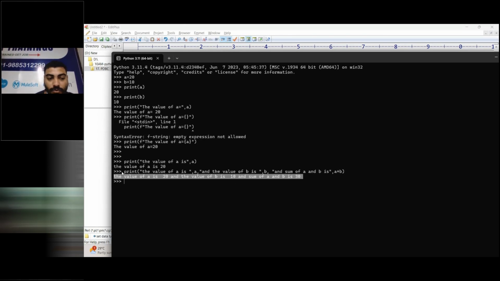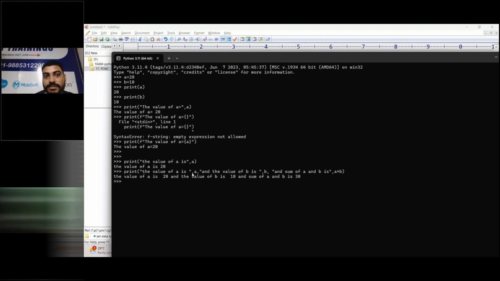This much code we have to write to get it right. And if you check, again and again we have to close the statement, then start again with the inverted comma, close it, and do it again. Instead of this, check how easily we can do this. Keep all the values like this.